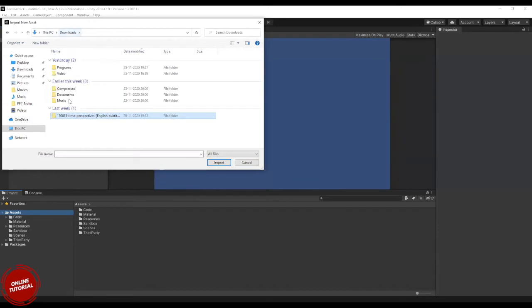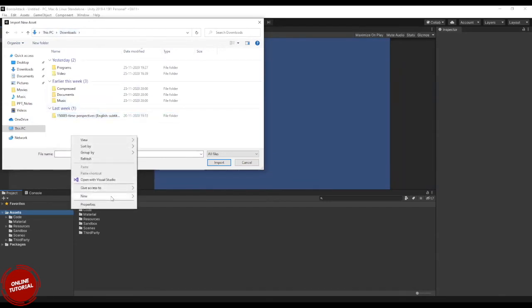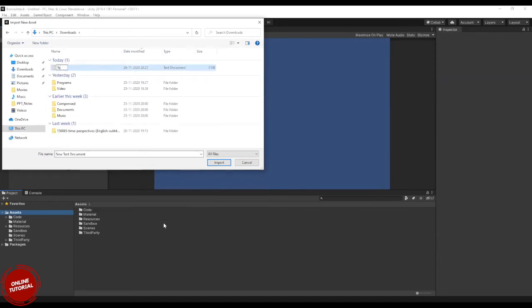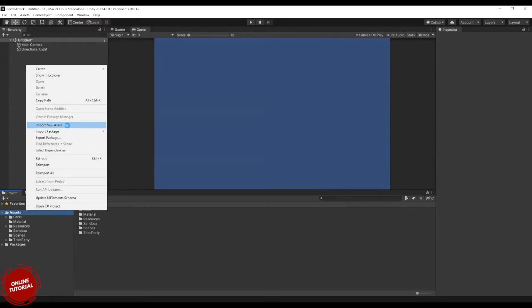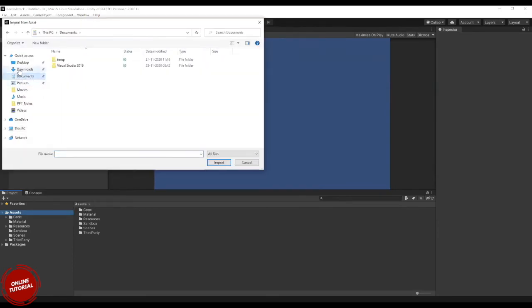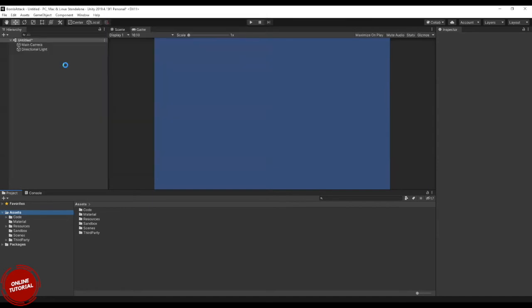Okay, we'll create an empty document. Create new text file, like test file. If you want to import this file, just click import. Right click here, import new asset, and you can directly go to where your art asset is, click on that, and it will be imported into your project. You can see the test file is here. Similarly images, models, anything you want, you can do it here.